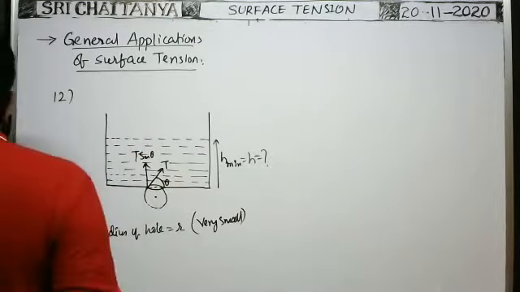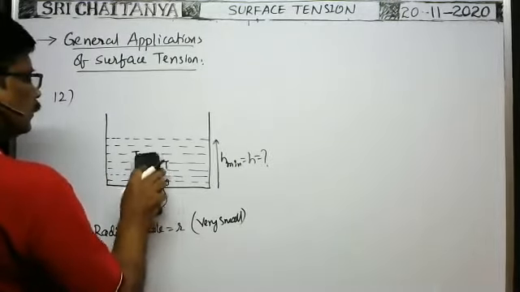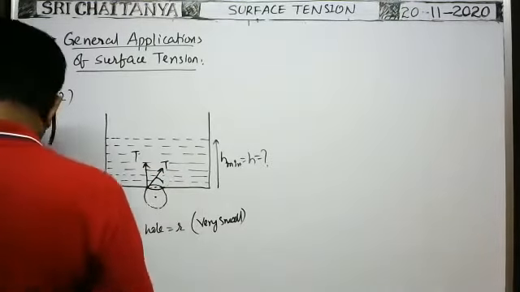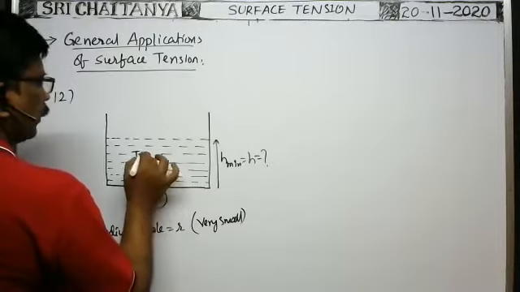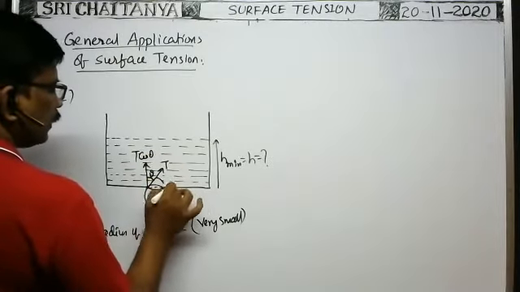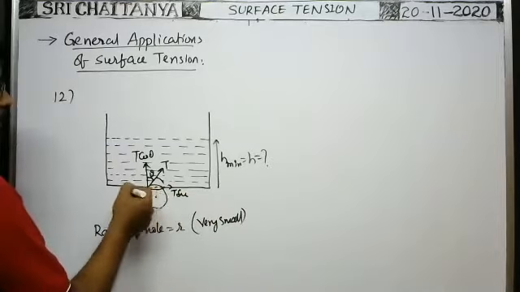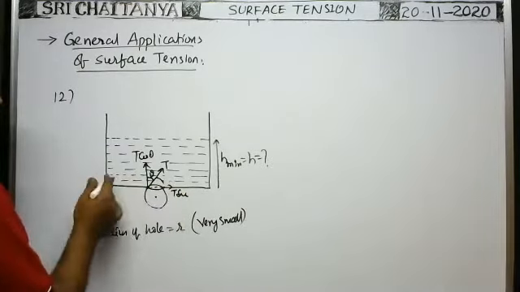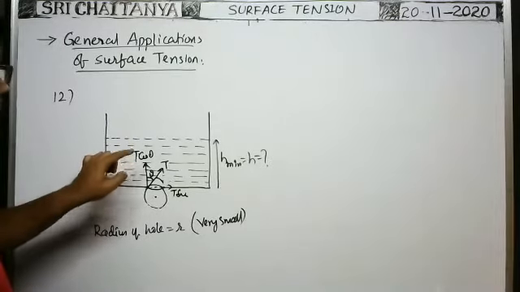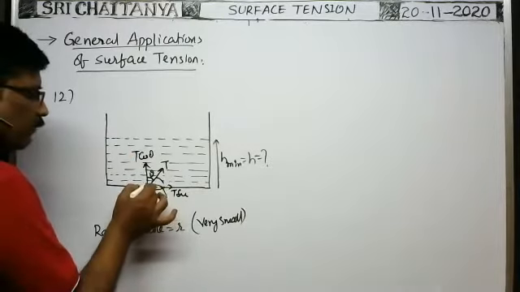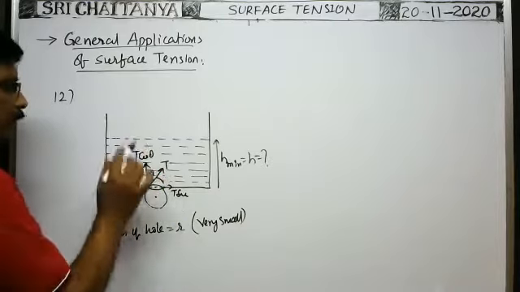Suppose you take the angle as theta, then this component is T cos theta and this component is T sin theta. These T sin theta components are cancelled exactly at opposite points, diametrically opposite ends, they cancel. Only the vertical component exists. So the surface tension component acts on the circumference of the liquid drop in contact with the hole, acting vertically upwards.